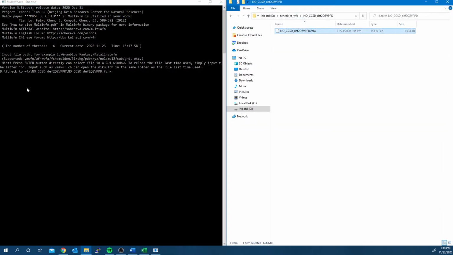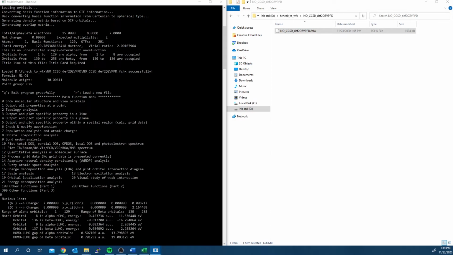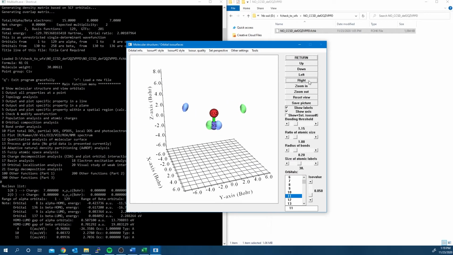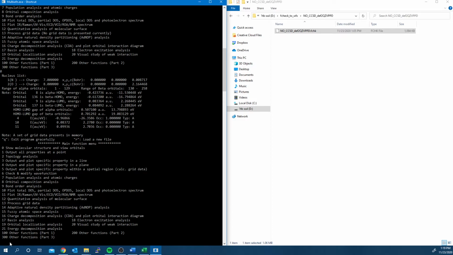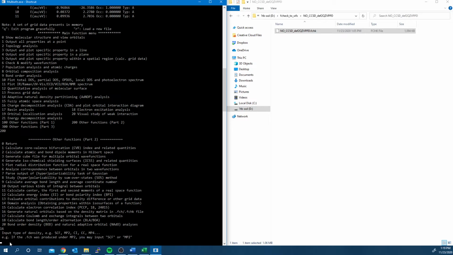Drag the fcheck file to multi-WFN, and if desirable, choose to show the molecular structure 0. Save if you want. Then, go to Other Functions Part 2, 200, followed by Generate Natural Orbitals based on the density matrix, 16. Choose the input density type, in this case, CC.